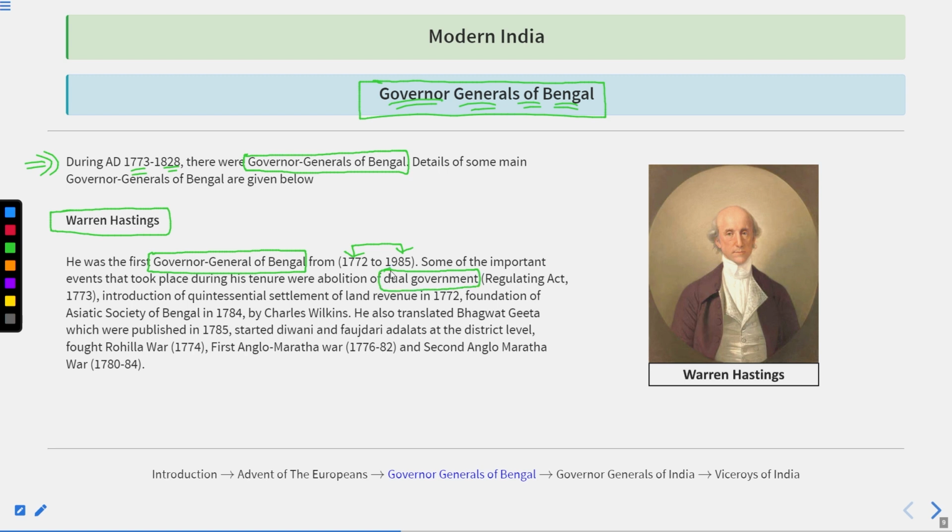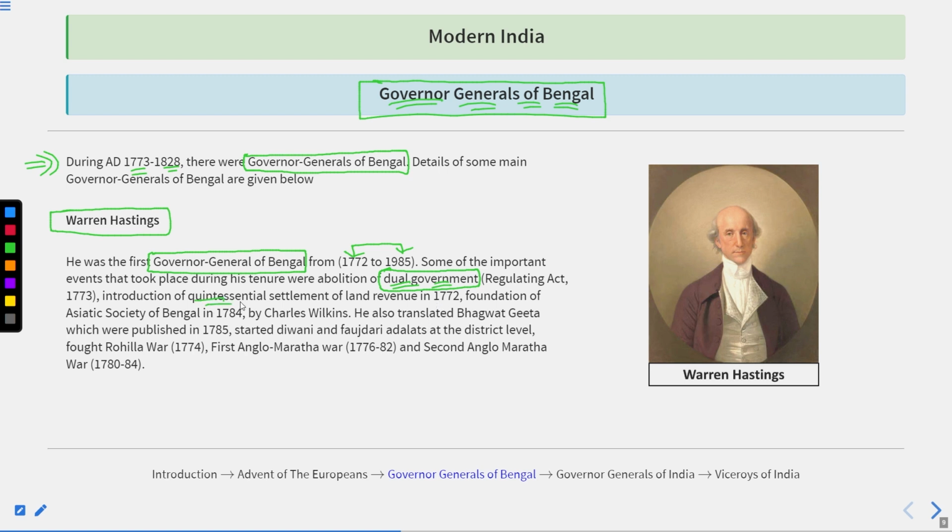What was that? After occupying Bengal, the Britishers did not want to participate in the administration. They only took control over the revenue collection. So that's how the dual government formed in Bengal. Local rulers were in charge of maintaining the administration, and the Britishers were in charge of collecting the revenue. During the Regulating Act 1773, Warren Hastings became Governor General of Bengal, and he ended the dual government. It means now the Britishers had control of both administration and revenue.